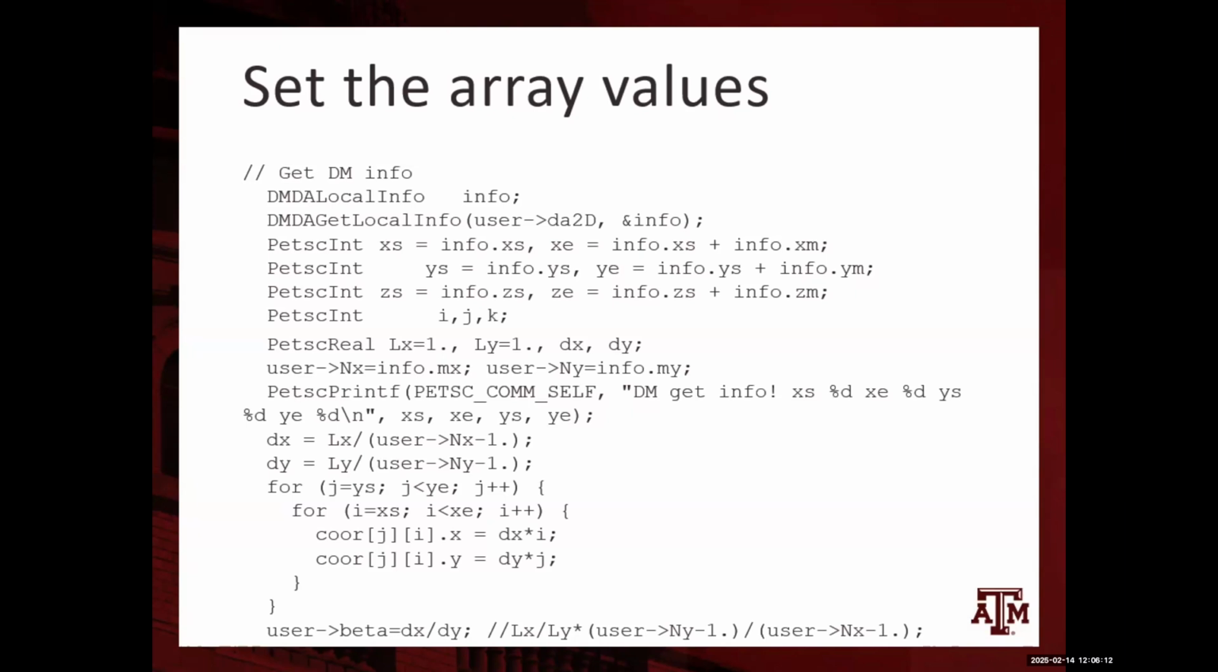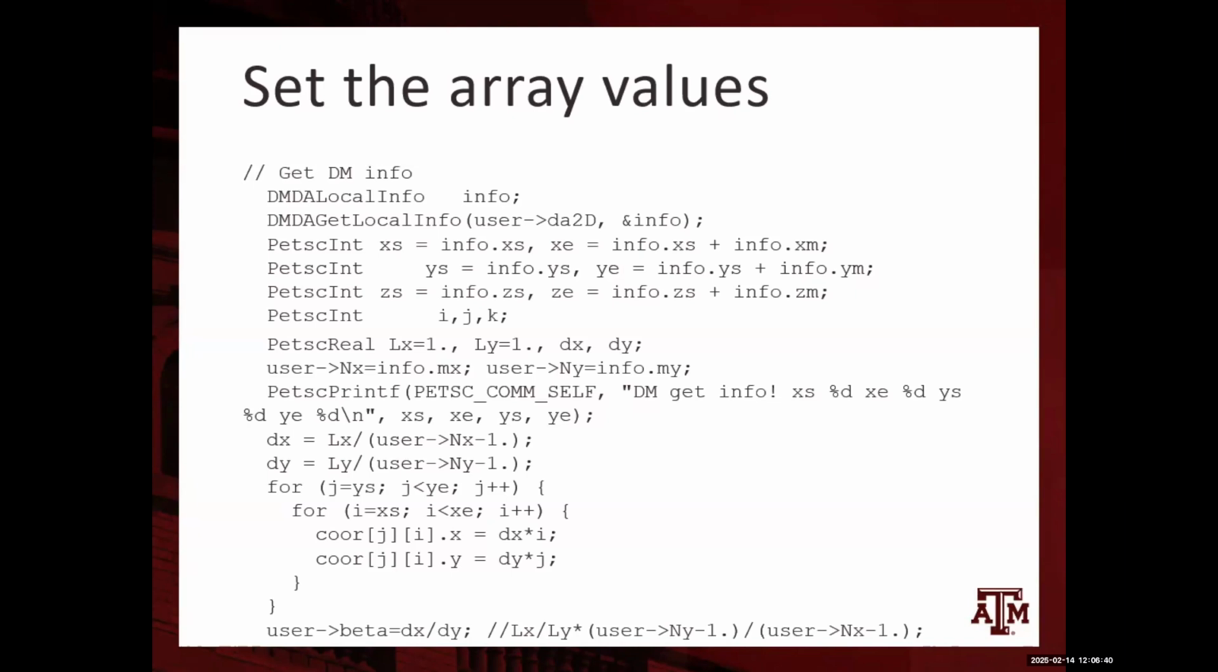So I ≥ XS and I less than XE for that local node. Okay. And YS, YE for this. Okay. So the core, we're going to set the value in that 2D array that we got using DMDA